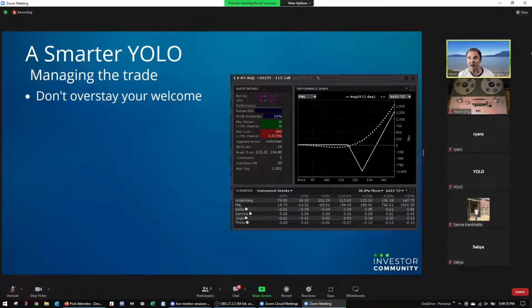Now, remember, because we're receiving a credit, we're actually short this spread, okay? So to close it, we need to buy it back. And if the stock price is going down, we should be able to buy that back for a very small amount of money and just lock in a really small gain, enough to go buy a coffee or a dinner or something like that. And so I would suggest you just get out at that point, because you don't want to take the risk of holding this for the next 3 weeks, hoping that it goes to zero, right? As soon as you're able to buy it back and still have a little bit of profit, just get out of the trade, because it's really not working out for you. It's not giving you the home run.